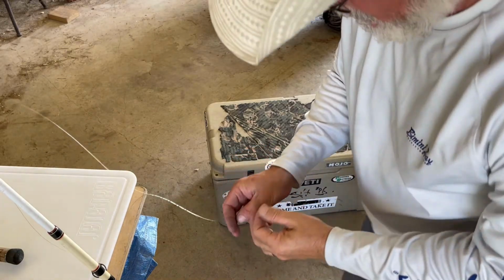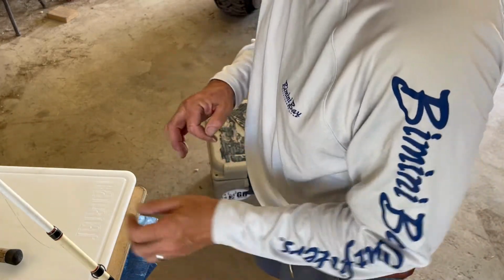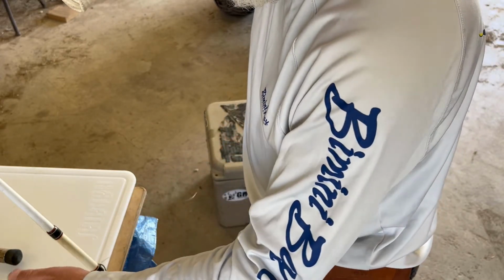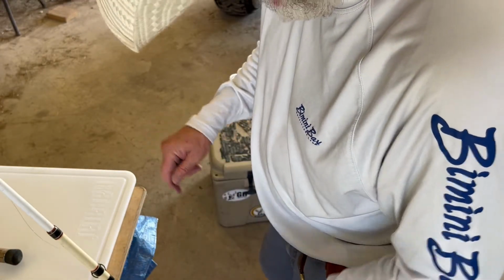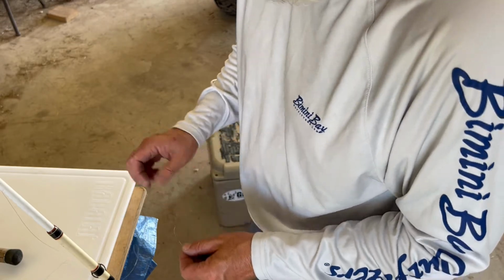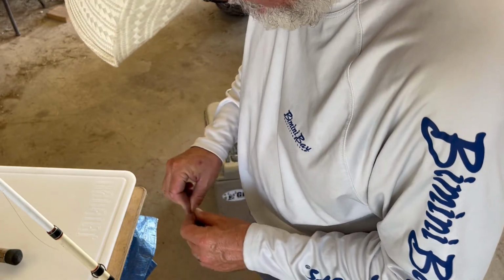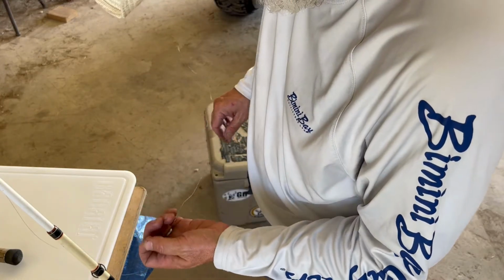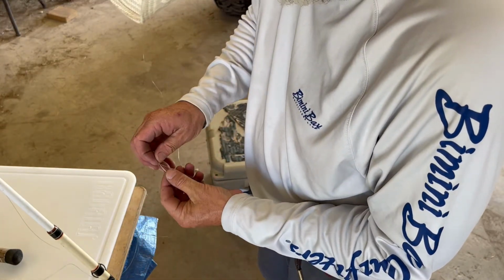All right, let me show you what I'm going to do here. I'm going to show you this knot. It's a real simple knot. This knot does not work on a spinning reel because it'll snag on itself. You have to do a nail knot or something like that for a spinning reel. But for a bait caster, it's one of the simplest